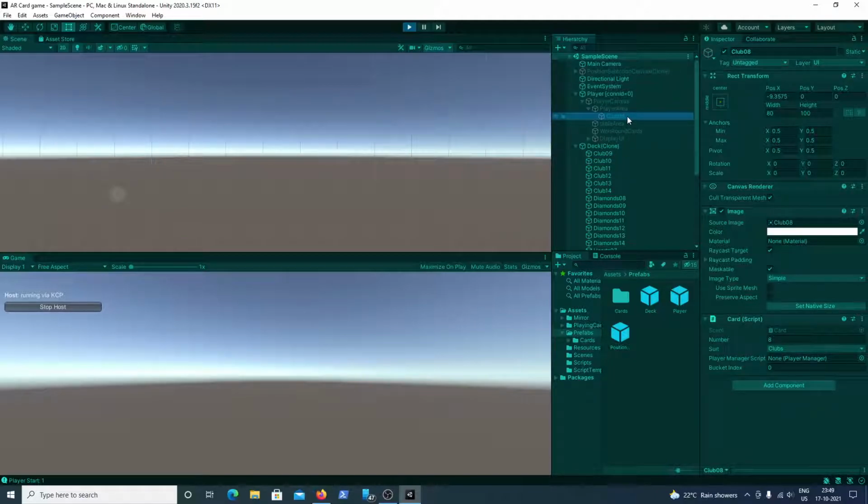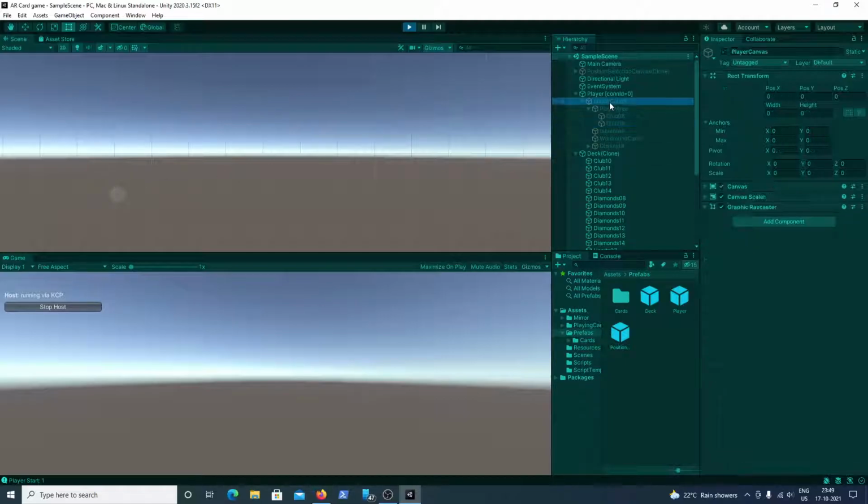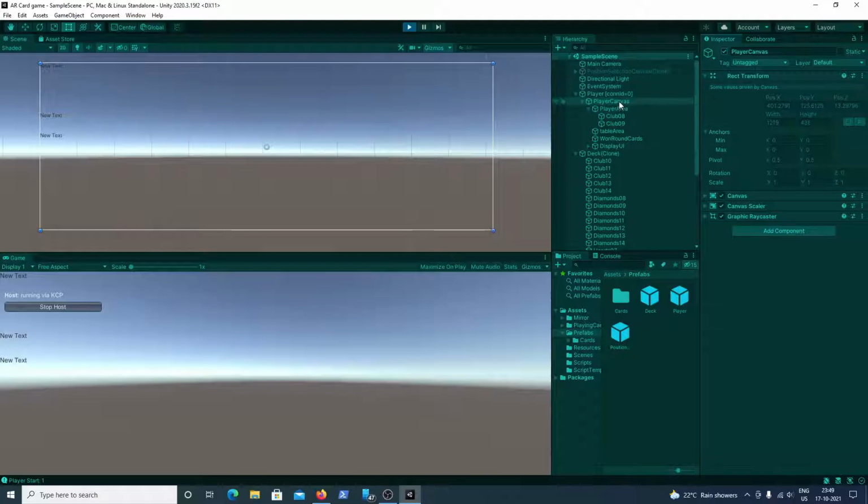Either it is a rendering problem or some other problem, but in the case where the player canvas is disabled from the start of the game and has not been enabled until that point, within that time range, if you add any card under that canvas, it will not be visible even if you enable it.